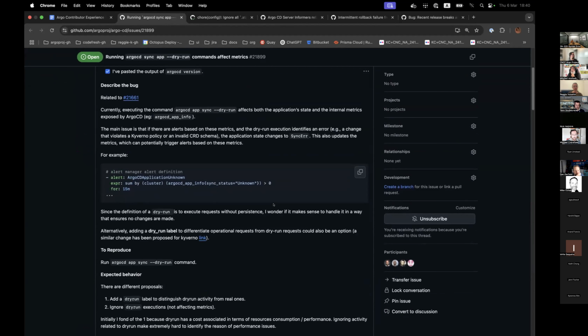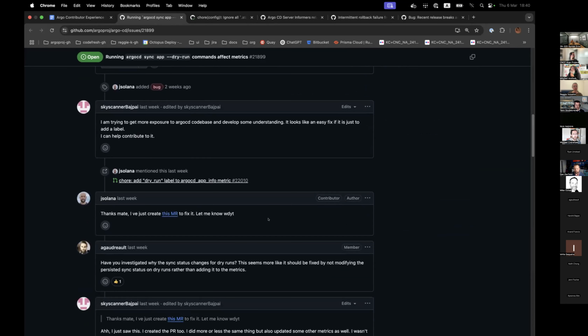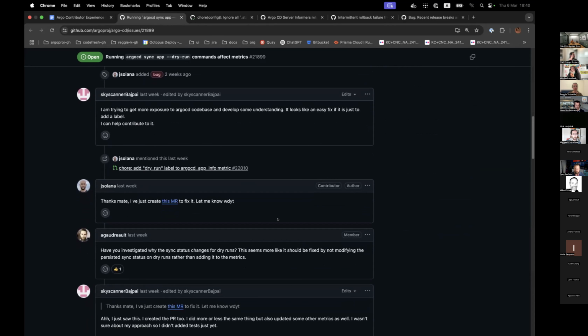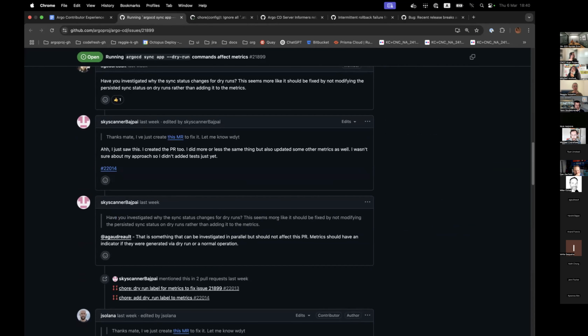And in UI as well, I think there was a discussion that it should show it a bit differently because right now there is no way to know if the last sync that failed was a dry run sync or an actual sync. So it's a bit misleading there. There was a bigger discussion on how it needs to be fixed, but I think there was a suggestion that if we just add another field to indicate the last sync was a dry run sync in UI, that should be good enough. And I just wanted to check if that approach is fine, so I can contribute to it after that.